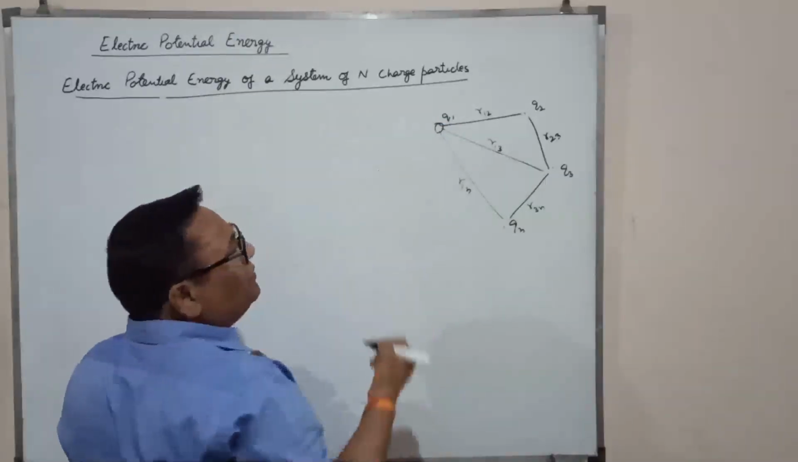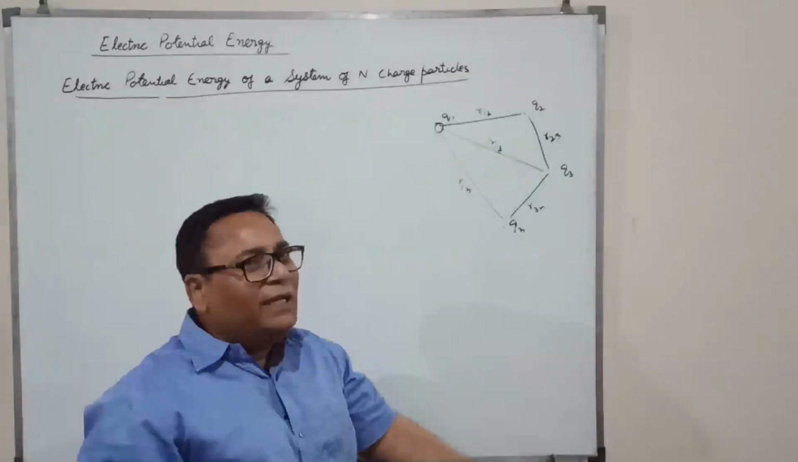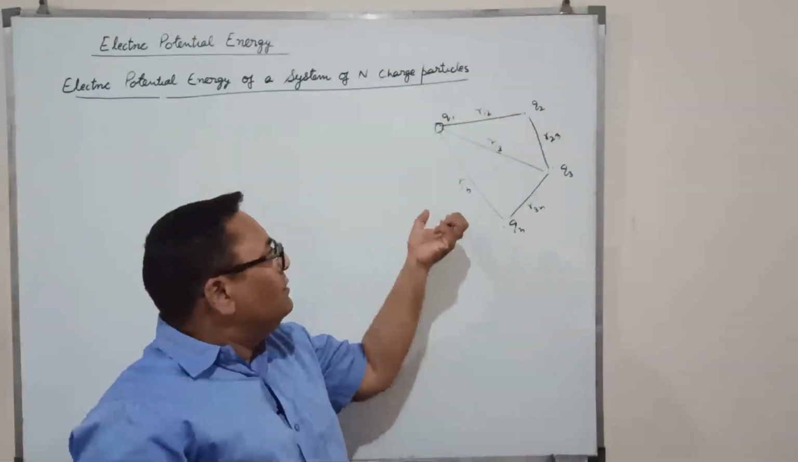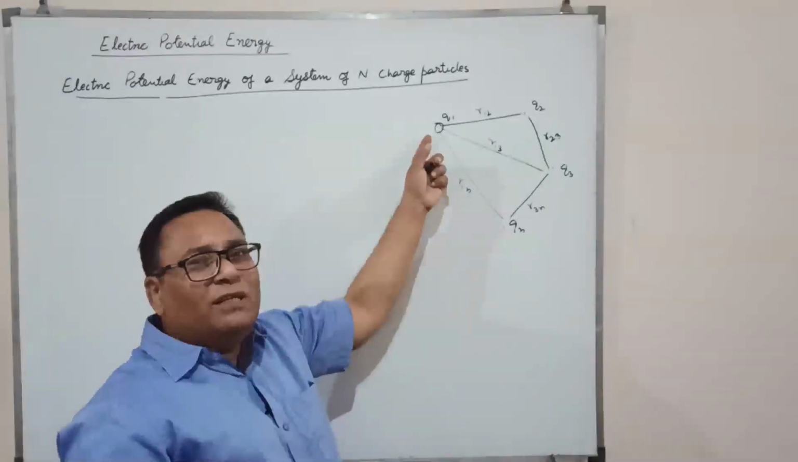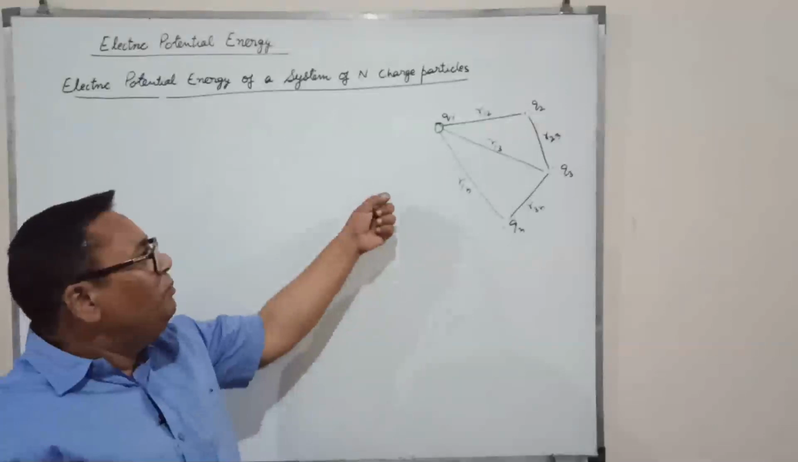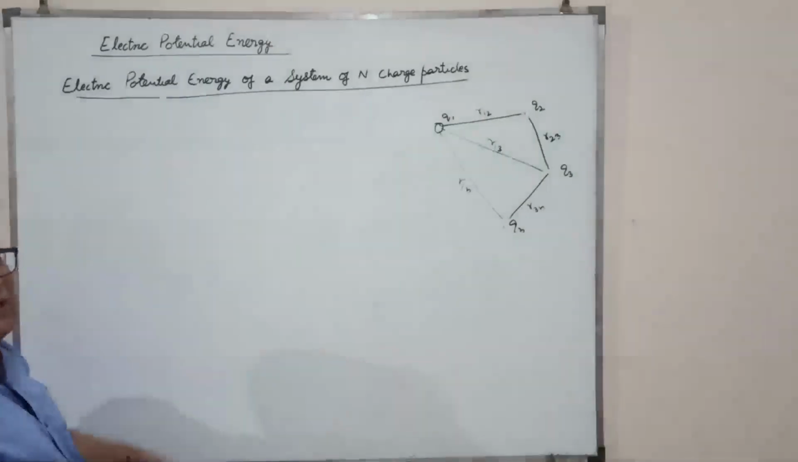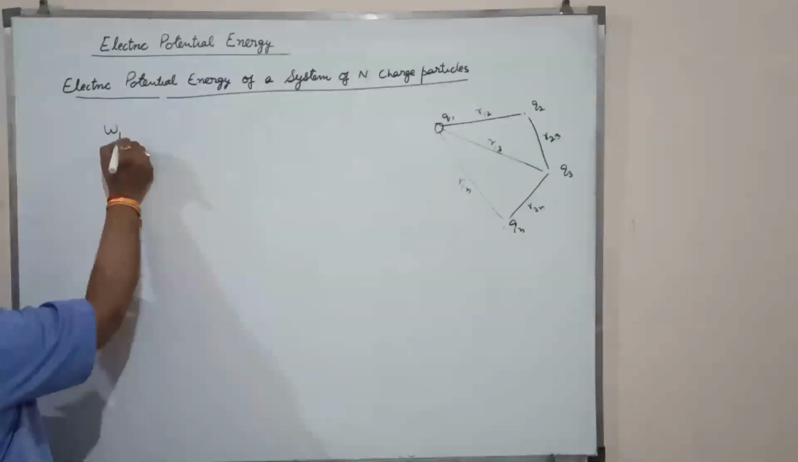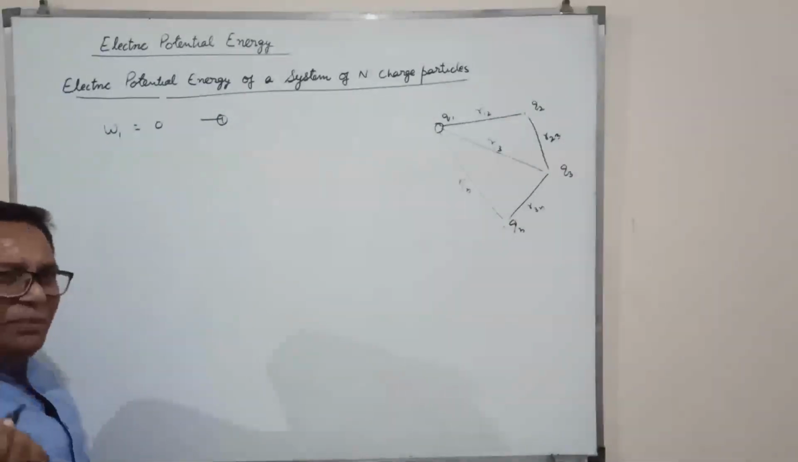This is the position of Q1. Initially there is no charged particle in the system. Therefore, the potential at the point Q1 is 0. Therefore, the work done to bring the Q1 charged particle from infinity to its respective position is 0. That is, W1 is equal to 0. Simply,